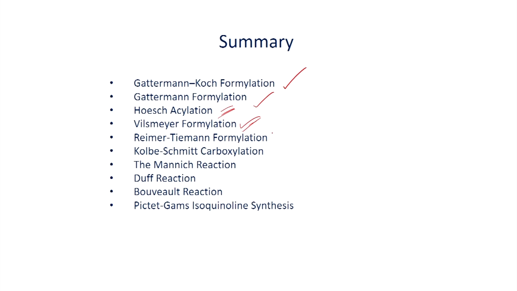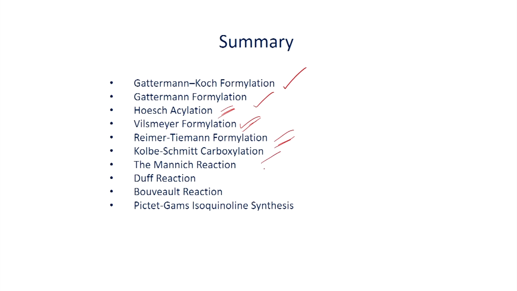Then we have seen the Reimer-Tiemann formylation. In this reaction, if you have the phenol in the presence of base, it can react with chloroform to give salicylaldehyde, for example, as a major compound. First the base reacts with the chloroform to give dichlorocarbene as the electrophile, which undergoes reaction with the phenoxide that you generate from phenol, and then when you do the workup, you will be able to get salicylaldehyde, which is also an important precursor to construct a variety of compounds. For example, we often use it to make Schiff base with amine, which we use as a ligand to make inorganic complexes for catalysis.